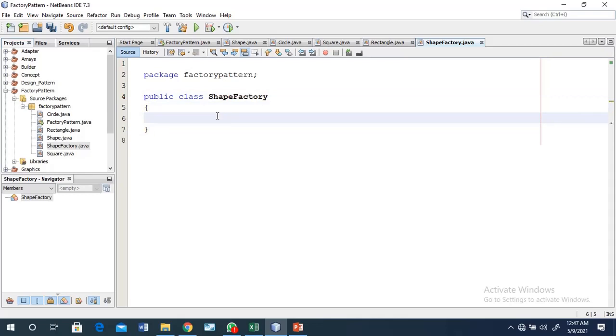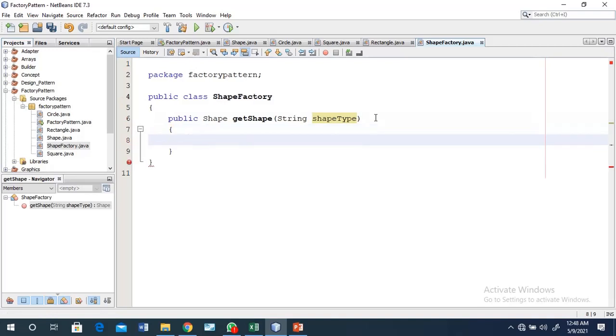So in that class, we create one method. The name of that method is getShape. Okay. So after implementing, you just create here one method with a string shapeType. So for checking, we require one variable, shapeType.